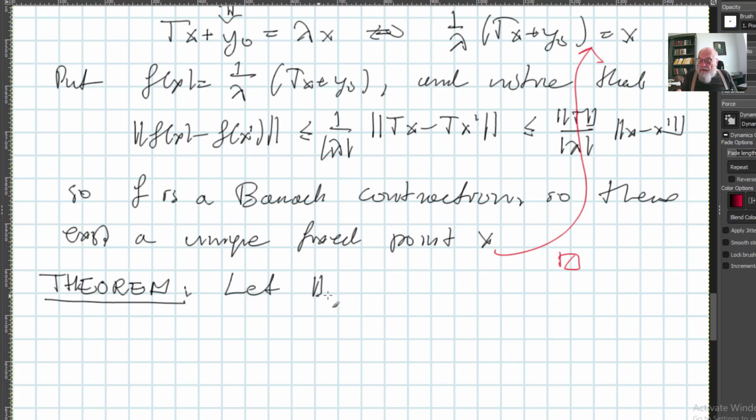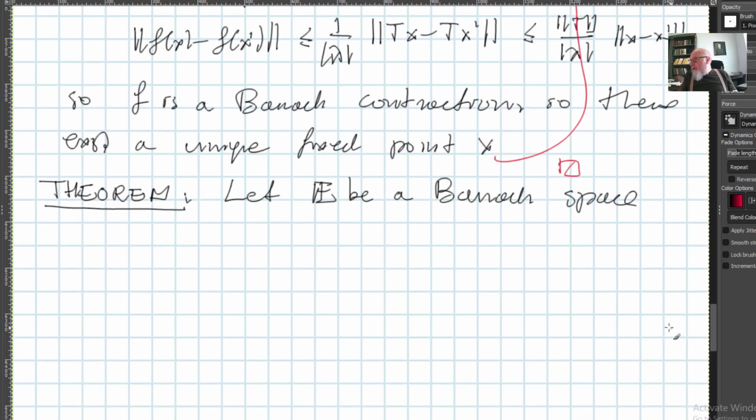So let E be a Banach space, and assume that T is a compact operator on this Banach space. Then we have